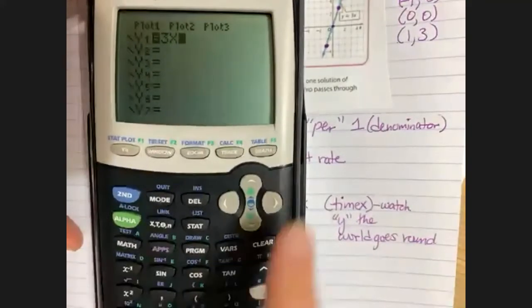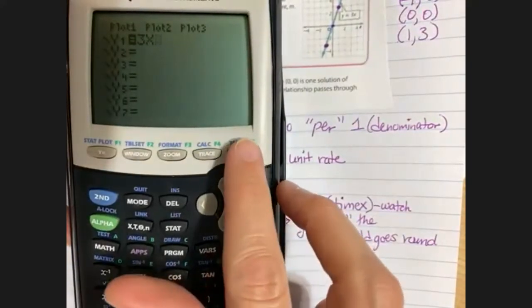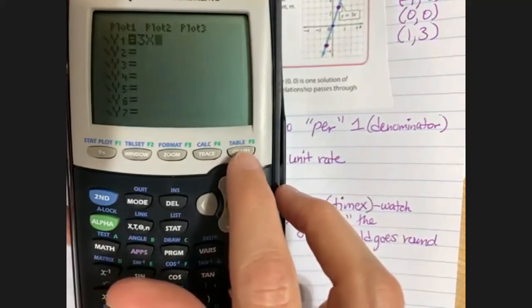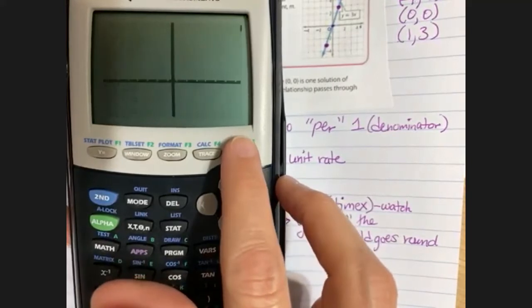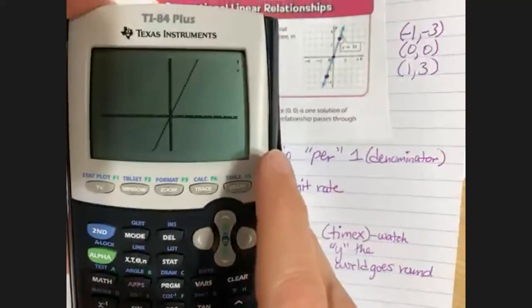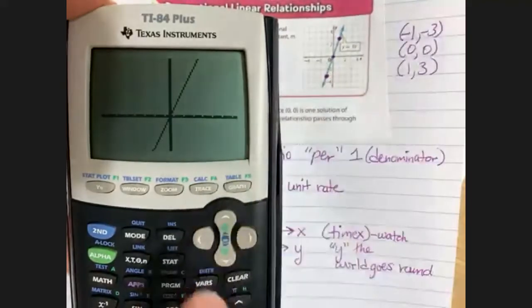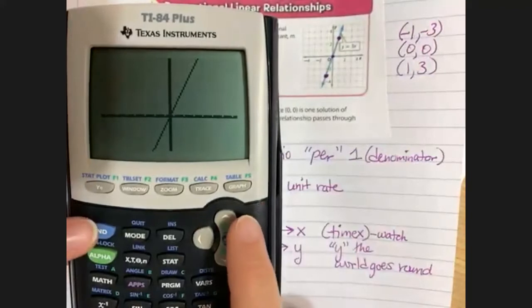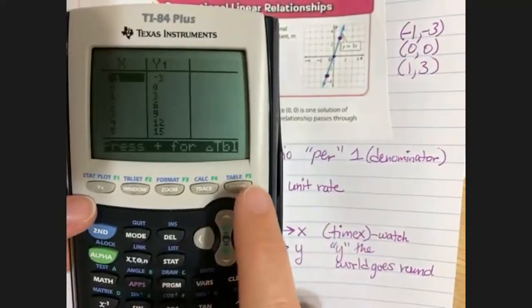And then what you can do from there, if you can see over here, it's got a graph button. I'm going to show you 2 different things. So you've got the table, which is above it in blue, and then you have the word graph here. If you were to actually hit the graph button, you would get a graph of what that line looks like, which is just right there on the page. But I want to know where these values came from. So you can actually hit the second blue button, and then the graph button, and it'll give you a table